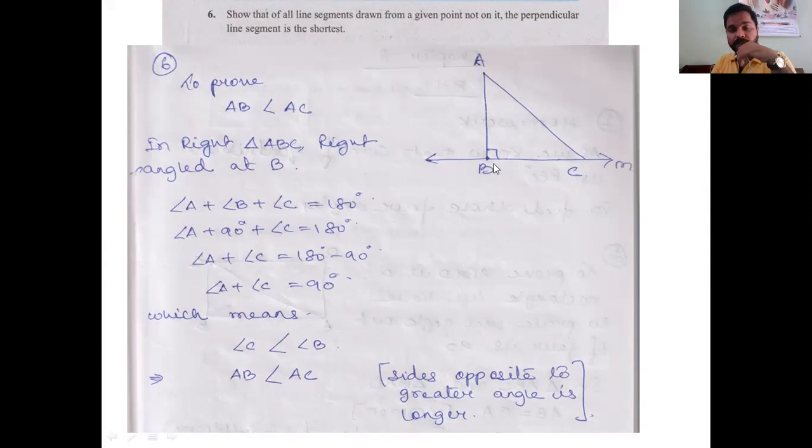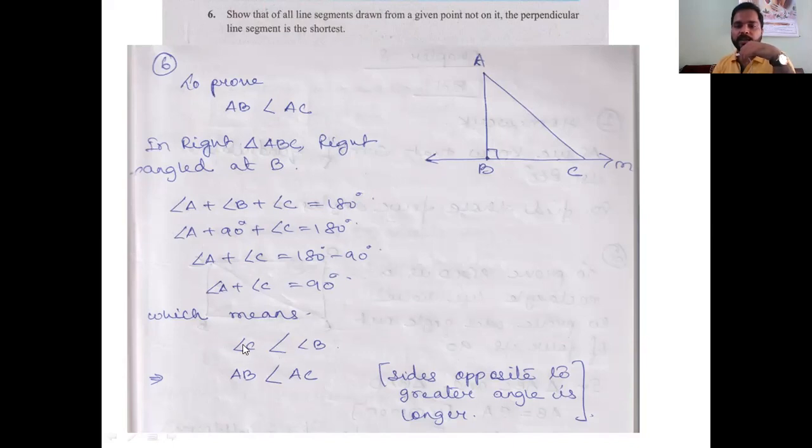If I want to show that AB is the shortest, what do I have to show? That angle C is less. Okay, angle C is the smallest. So now you see in triangle ABC, A plus B plus C, it is all similar to question 1. Which means what? If A plus C is equal to 90 degrees, that means their sum is 90 degrees and B is the larger angle. Can I say now that angle C is less than angle B? Obviously, their sum is 90 degrees, so angle C is less than angle B.